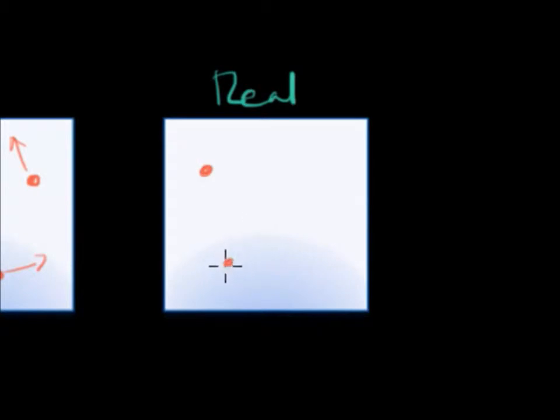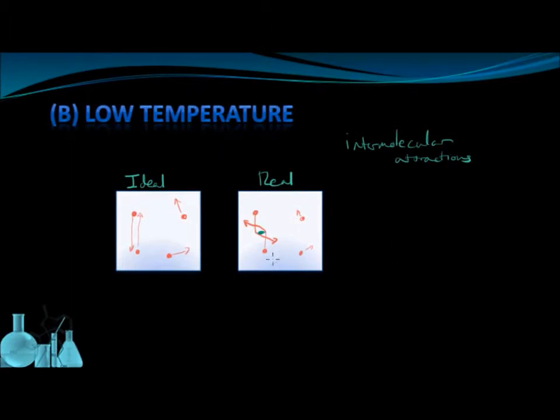We're in the same molecule setup in the real gas, and some are moving. They're all going to be moving much slower. If we look at these two molecules right here, as this one starts to move, and this one starts to move, they're going to come close to each other. When they come close to each other, there's going to be some attraction between them. And that's going to change their course. Instead of continuing straight, the molecules are going to deviate, and they're going to start moving in a different direction. So the fact that intermolecular attractions prevent straight-line motion,